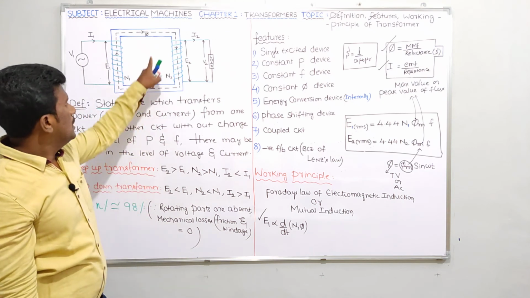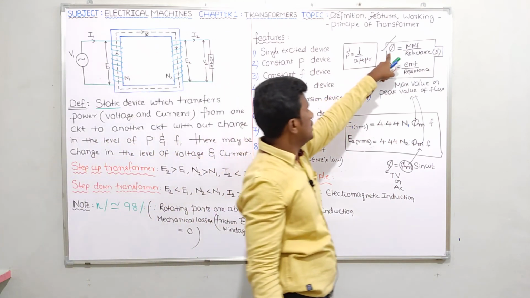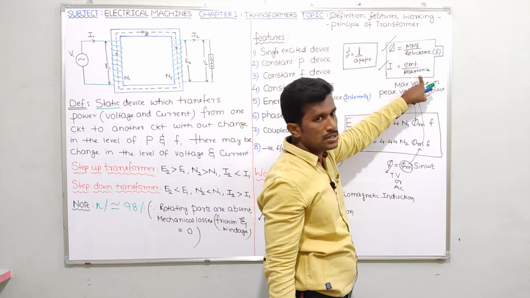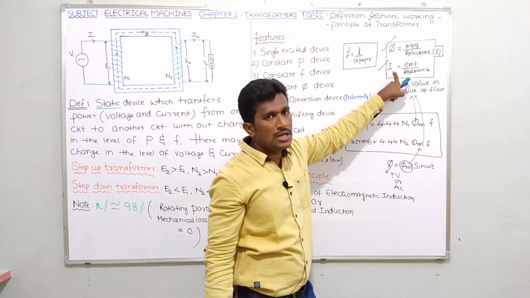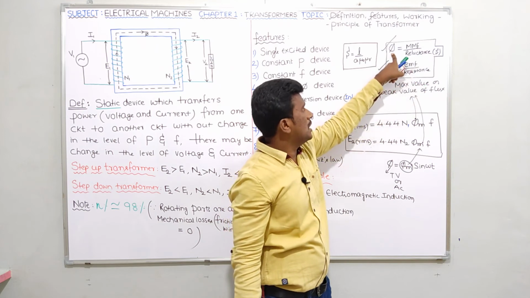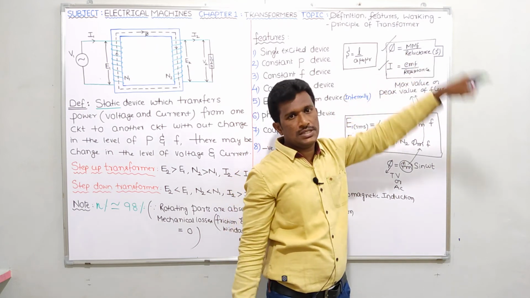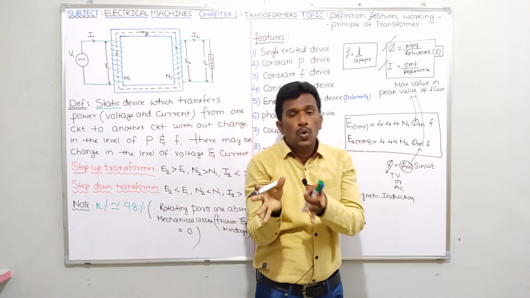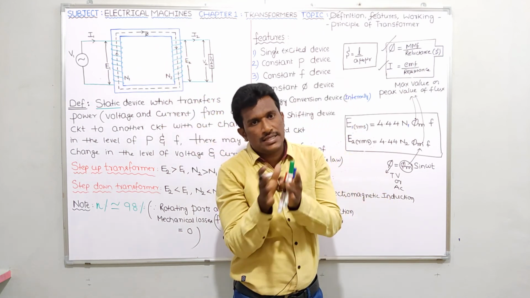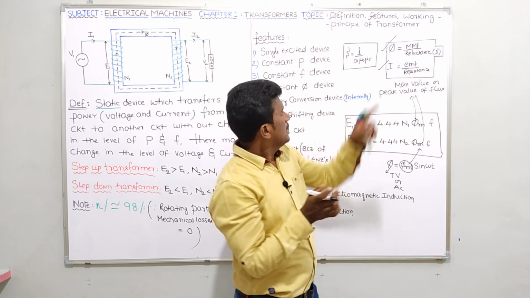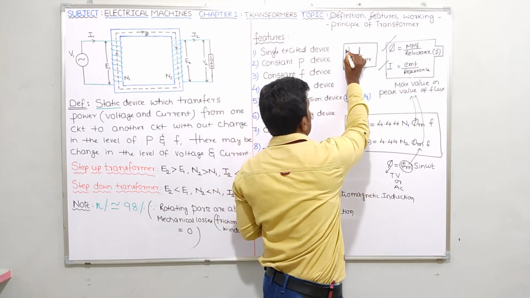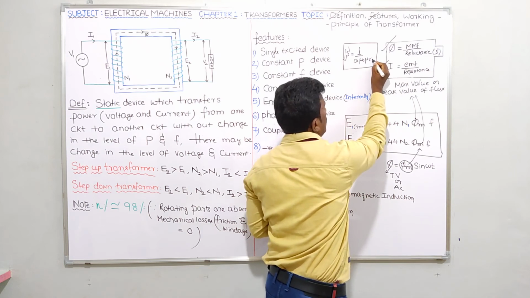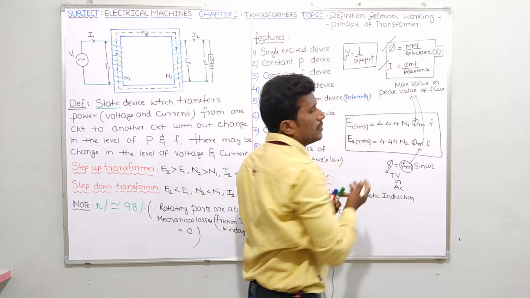Okay. So flux is analogous to current. MMF is analogous to EMF. Reluctance is analogous to resistance. Like current always passes through low resistance, flux always passes through low reluctance. That means the transformer core is made up of a material whose reluctance should be less. Is it clear? Reluctance less means what about this mu r? Mu r means what? Relative permeability.